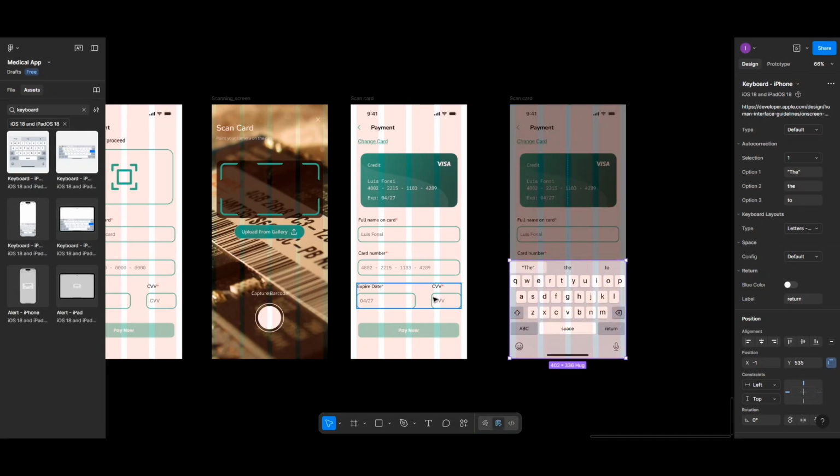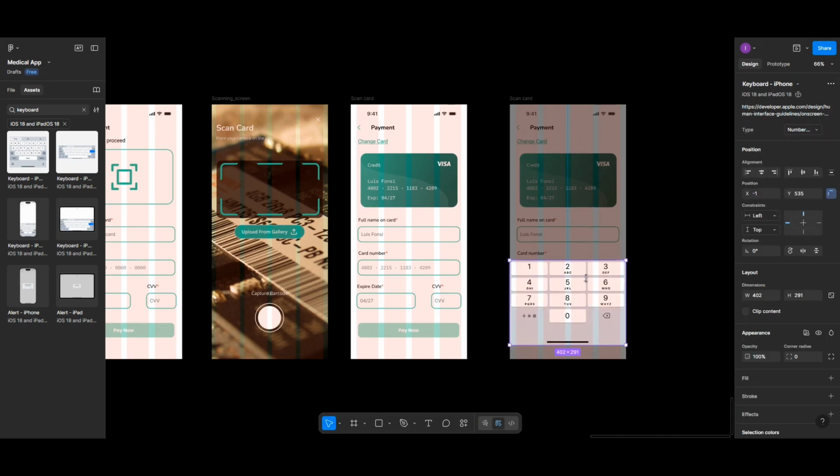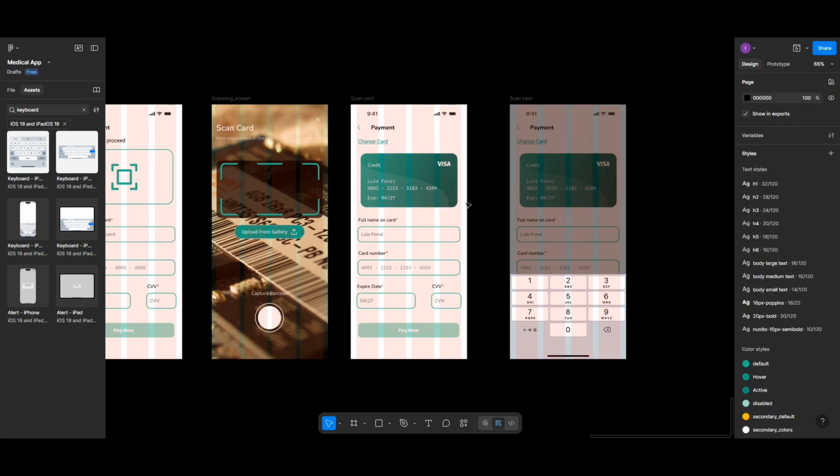Okay. Remember, the CVV is a digit, so we're going to change this instance to number. So you select from this, change it to number, so that we'll have something like this. So you can drag it down and keep it there. All right. So that's it. Now we are done with that. Let's quickly